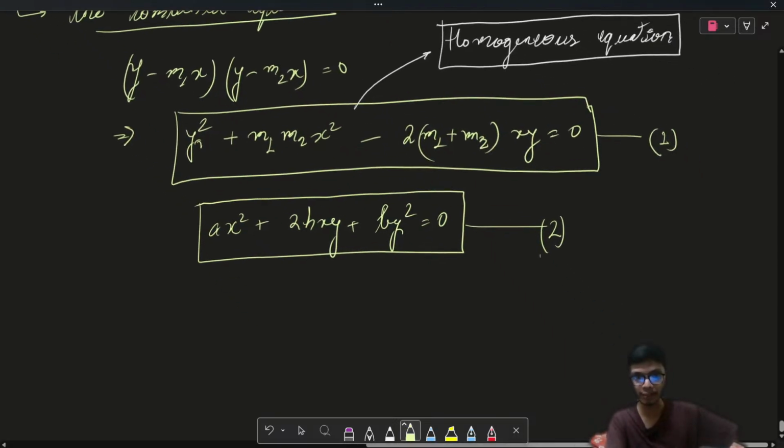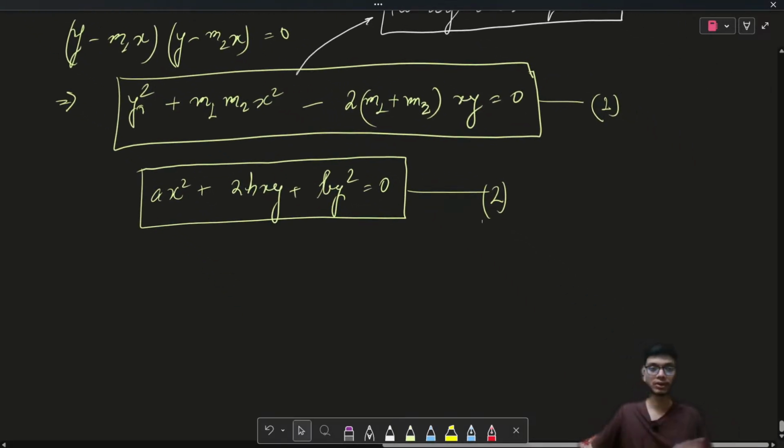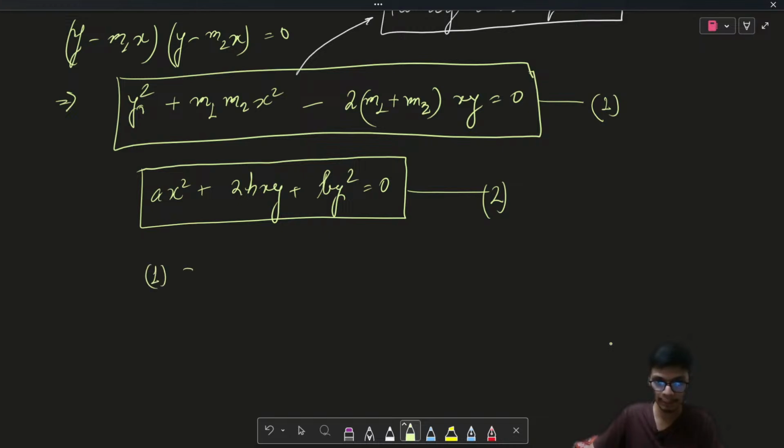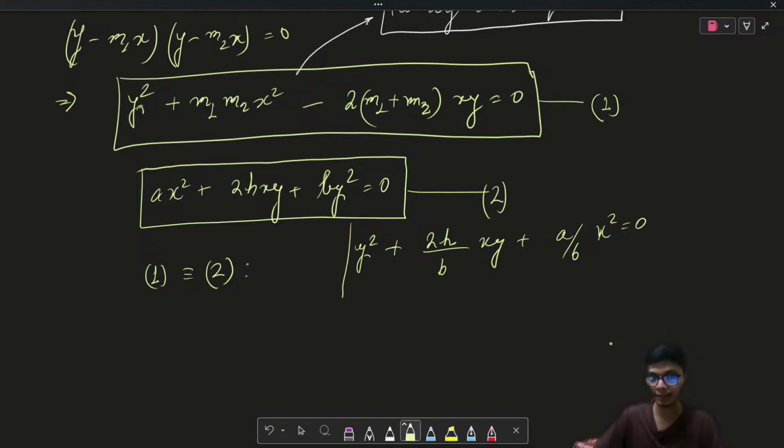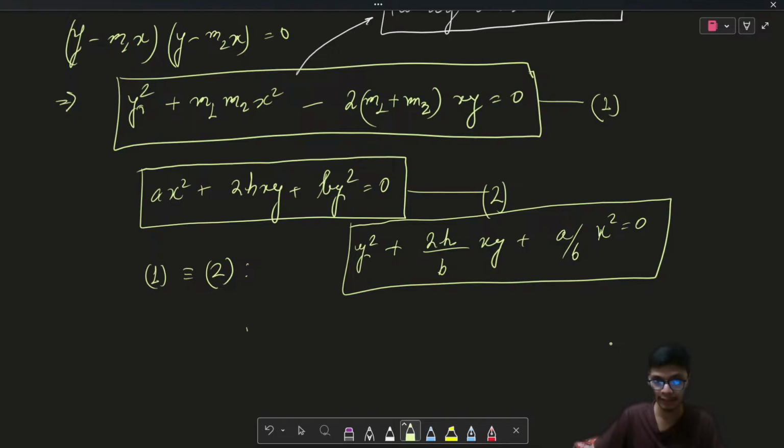Now if I just equate both equation number 1 and 2, because equation number 1 and 2 are representing the same thing, so these are equivalent, right? But before I do the equivalence relation, I have to make this coefficient of y square as 1. So therefore I will reduce this particular equation and write something like this, and then I can compare both the equations to obtain that